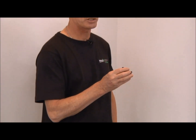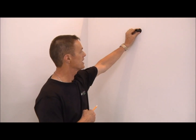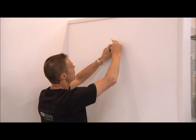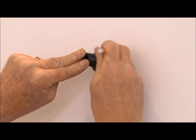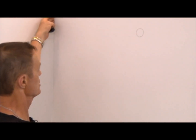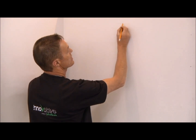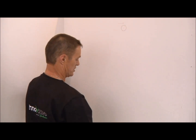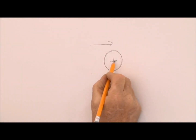When it comes to measurements again, I'm just going to show you the shower head, if it's going to be a shower head on there. So here again, there's the center. We have a mark here. We'll take that away, and what we're looking for is our measurement from our square corner to the center. So we measure from that side, and we can measure from the bottom up to the center mark, and that will give us